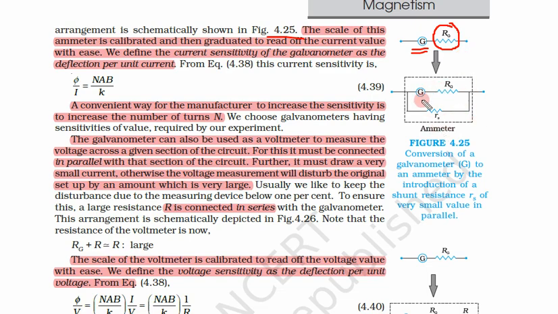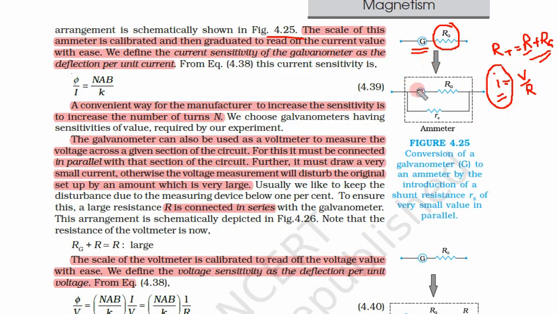Now what is the problem? Suppose we have this resistance R that we have to measure. So what would be the total resistance in that case? R plus Rg. Again, if this Rg is large, then the resistance is changed, and current is simply, from Ohm's law, V upon R. So voltage is definitely fixed, but now the resistance instead of R has become R plus Rg, so current will change. So current is not accurate if the resistance of the galvanometer is large.